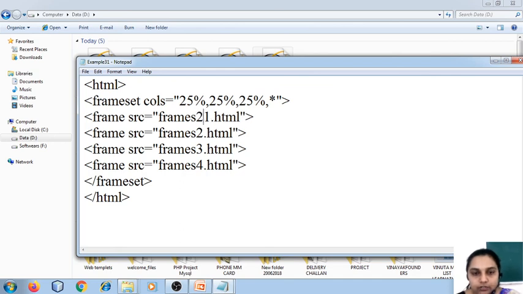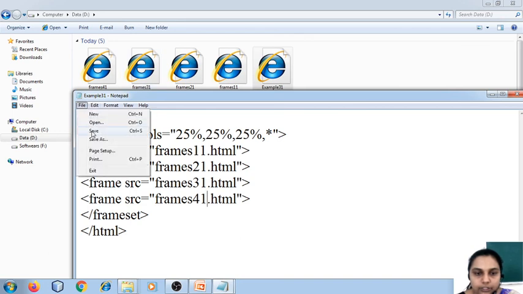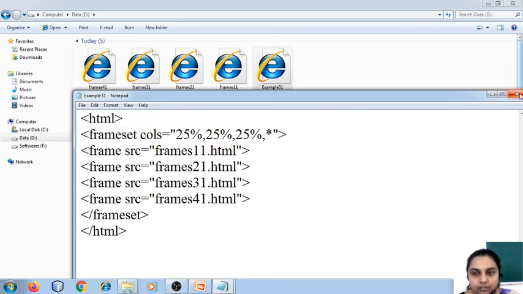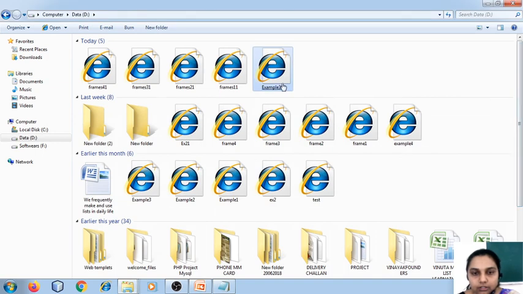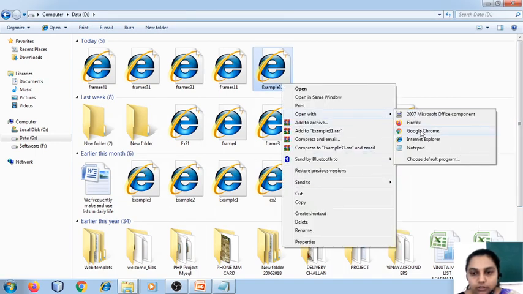Okay, I make it as frames21. Frames, first one is going to be 11, next it is going to be 21, 31 and 41. I've done this so that you ensure that the file name is correct. Okay, now we are going to run this example 31 and check the output.